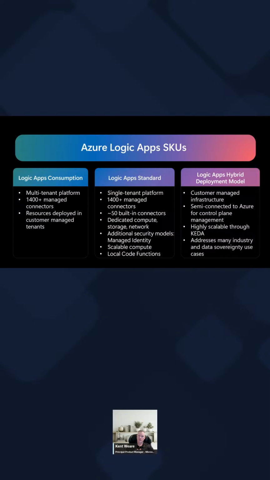Now, we've also introduced Logic Apps Hybrid, I guess, 6 months ago, went into GA, or 8 months ago. And this is for customers that want to manage their own infrastructure. And what I mean by that is you can have your own Kubernetes cluster that is connected with Arc. And this can be running in Azure or in your own local data center or private cloud, whatever. And you can go ahead and deploy your Logic apps there. Now, this is what we call semi-connected, because you do need to have that Arc component, and that is going to allow you to connect to Azure.